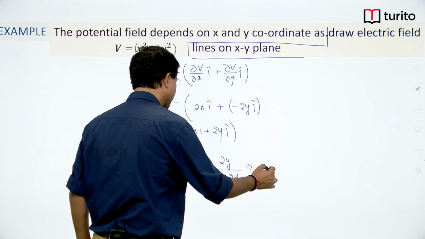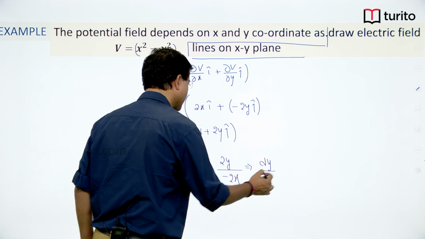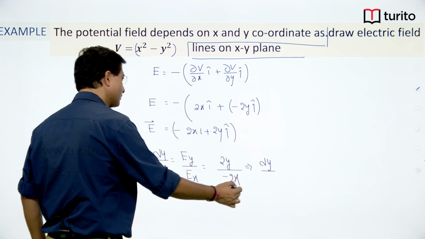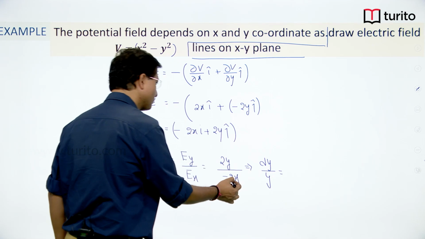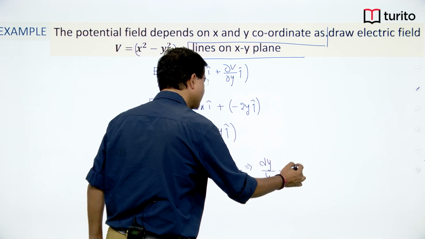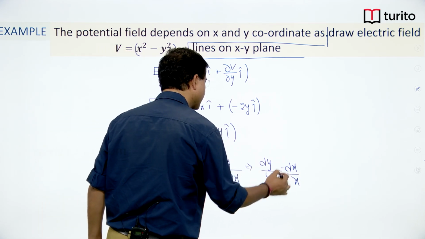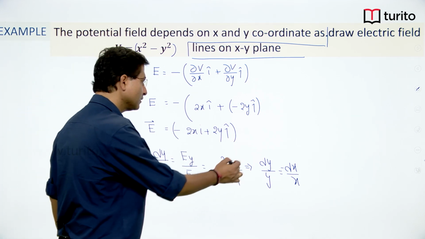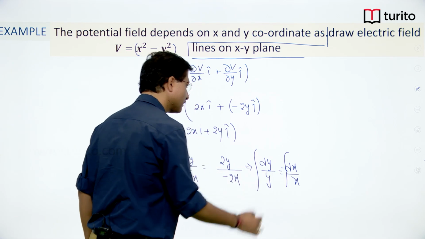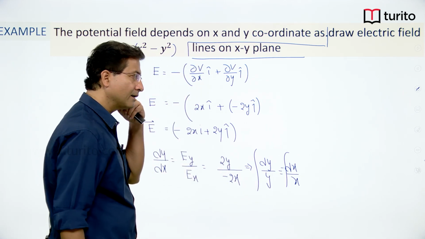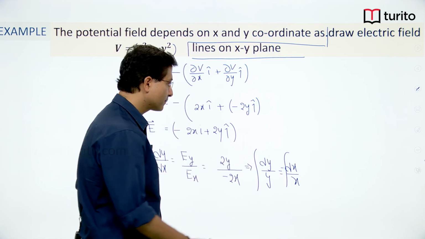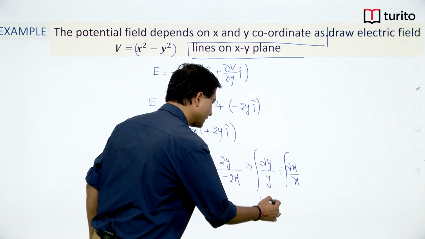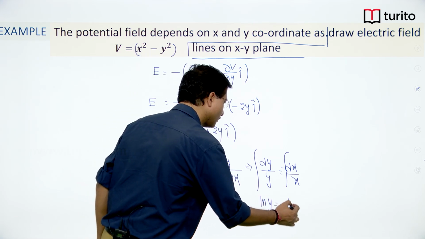Get dx on the other side. So, this will be dy by y, the 2 will get cancelled out with the minus sign on the other side. This is dx by x with a minus sign. Now, again take the indefinite integral here and here; this will give you ln y and this will give you ln x. ln y is equal to minus ln x